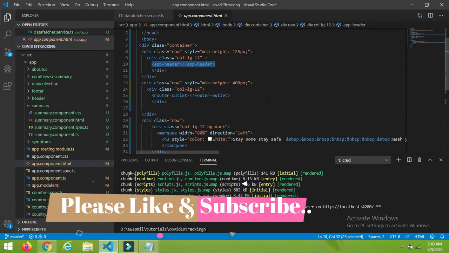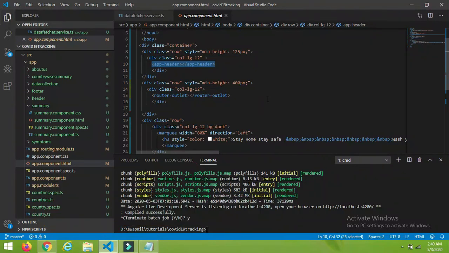So whatever URL you hit, the header and footer will be common for each, and whatever page you want to display for a particular URL will be rendered in between. For the home page we are displaying the summary, that's why we have the header, summary and footer. For about us, header, about us, footer. Likewise we will display all pages as well.